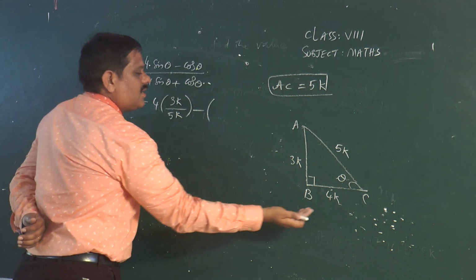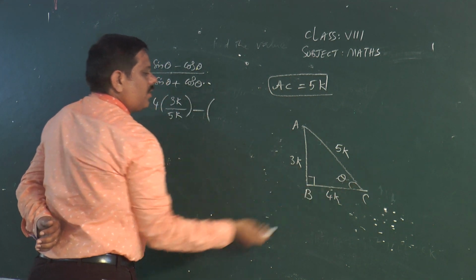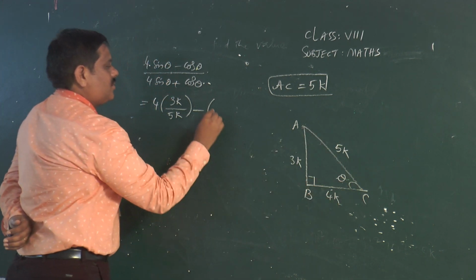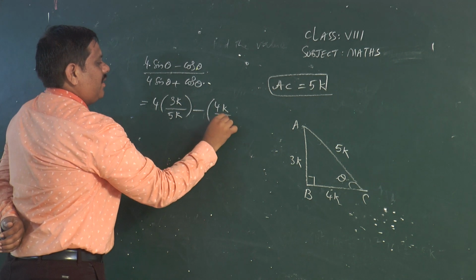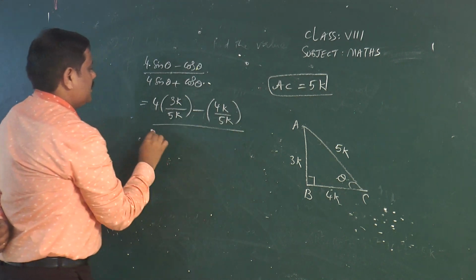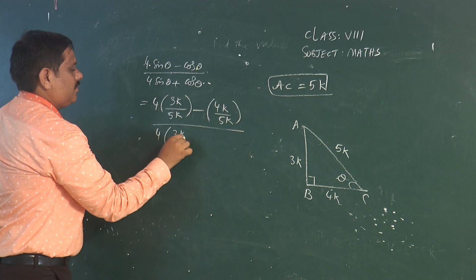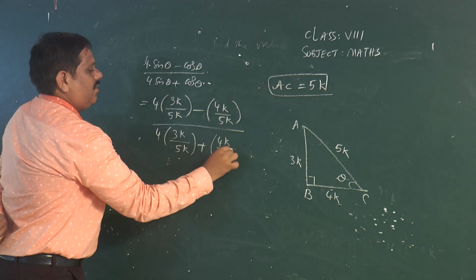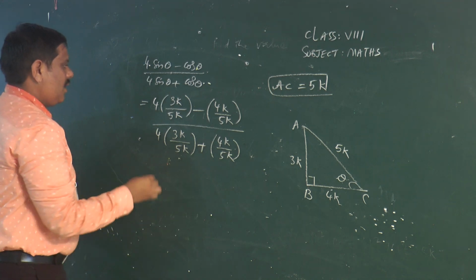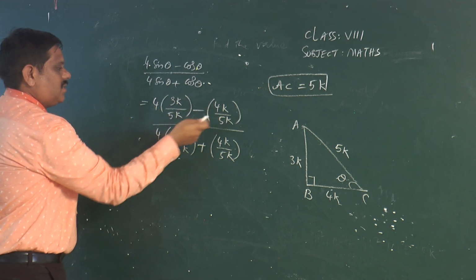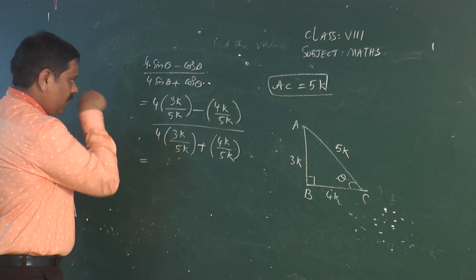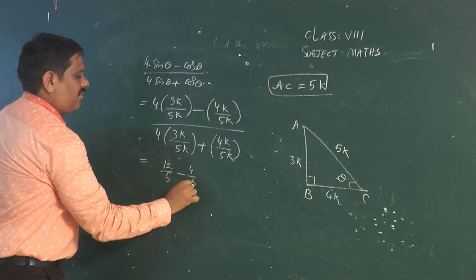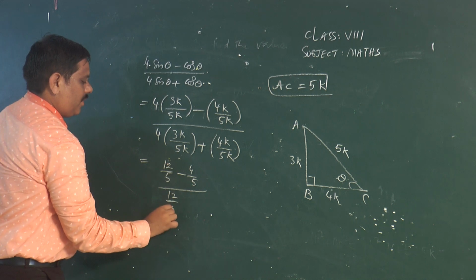Cos theta is defined as adjacent side to theta by hypotenuse, or we can say it is the ratio of base to hypotenuse. So that is 4k by 5k. Similarly, 4 into sin theta, 3k by 5k, plus cos theta, 4k by 5k. The k cancels throughout. So what we have, 4 into 3, that is 12 upon 5 minus 4 upon 5, by 12 upon 5